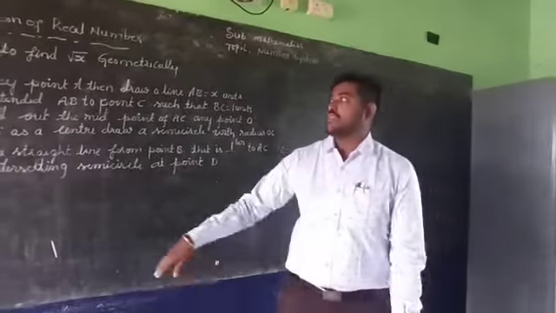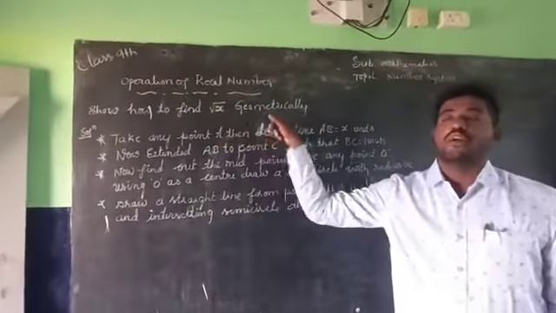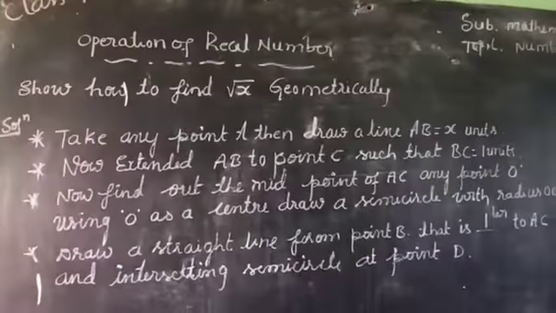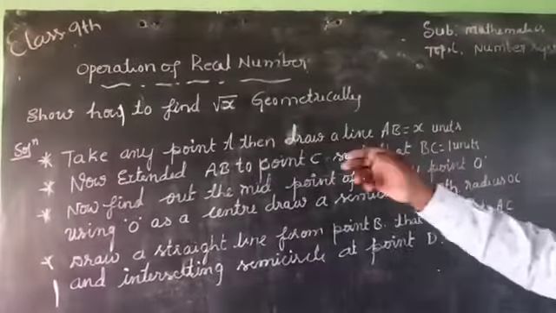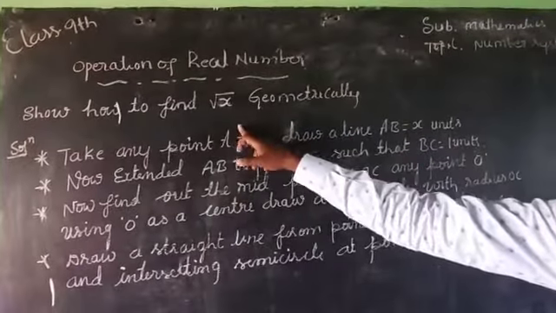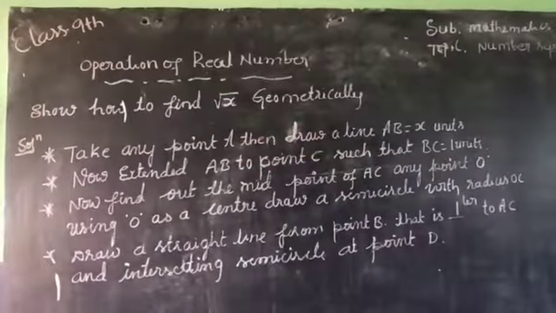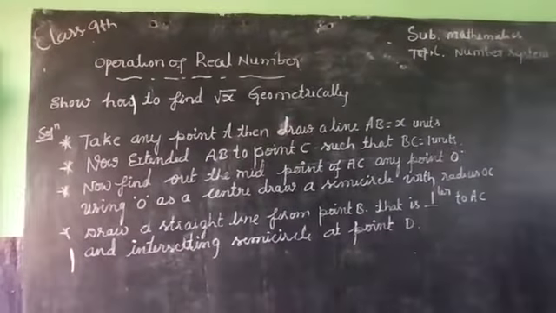But what does this question ask? Root x. We have to show it geometrically, as an operation of real numbers. One of the real numbers is root x, and we have to show root x geometrically. How to show it? First, take a